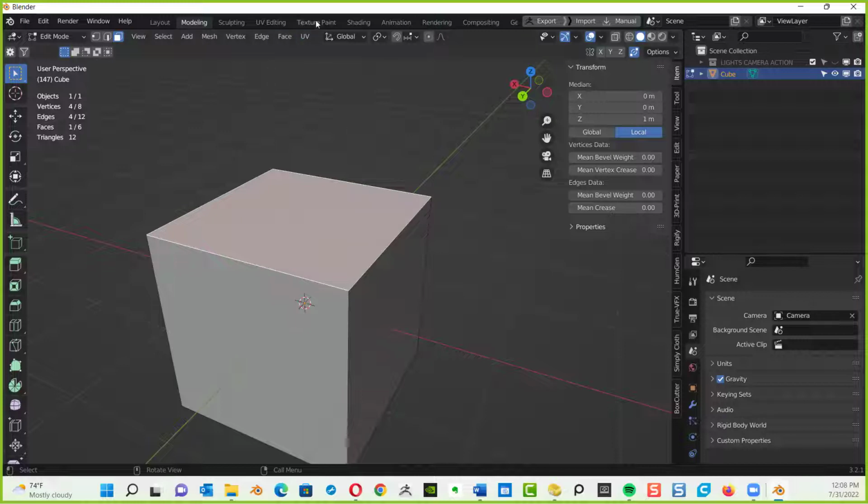So what he's talking about, guys, is, as you have just seen, the numbers above your letters is your edge, points, and surface editing. If you want to view your orthographic views, in other words, your side view, front view, top view, that's on the numeric side of your keyboard.